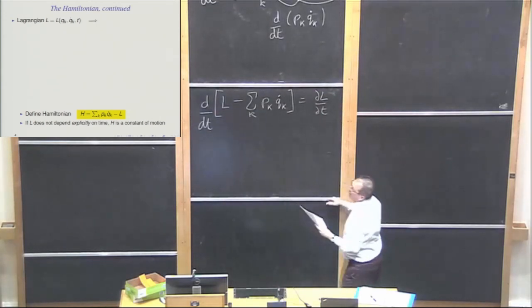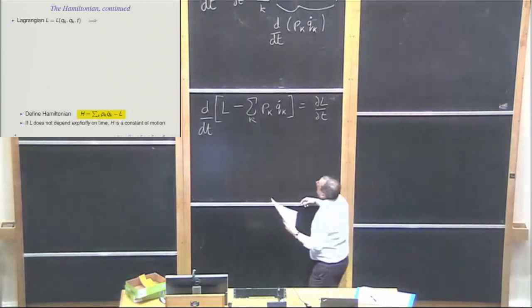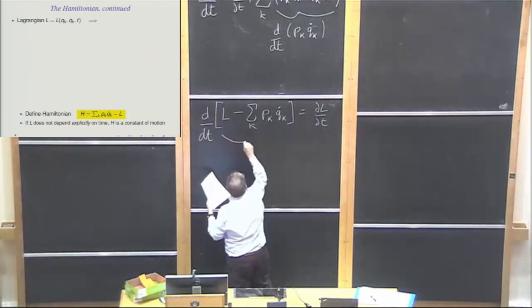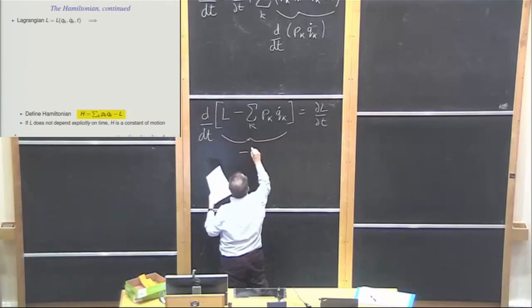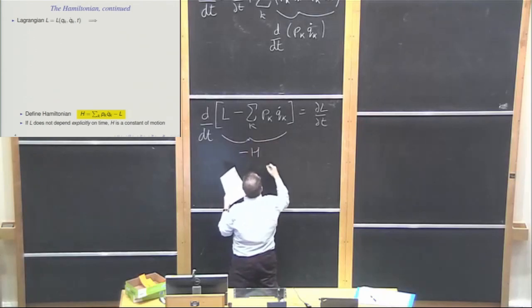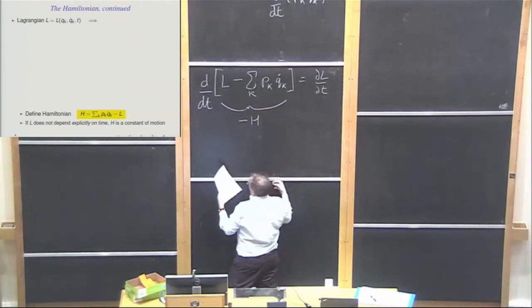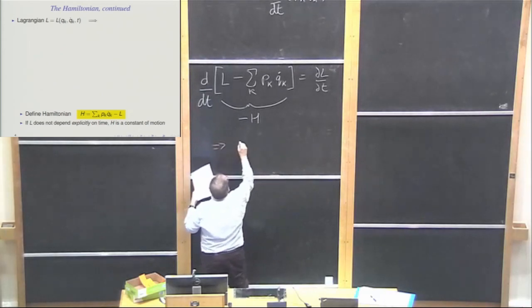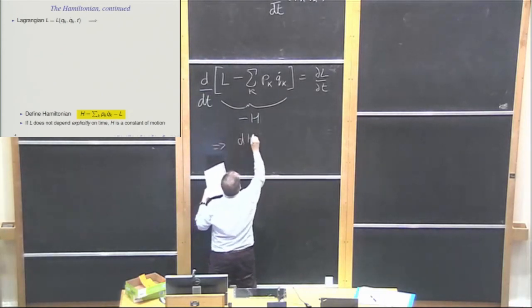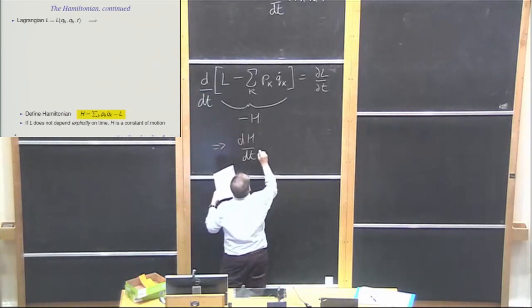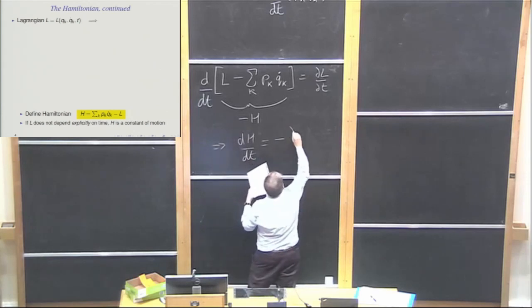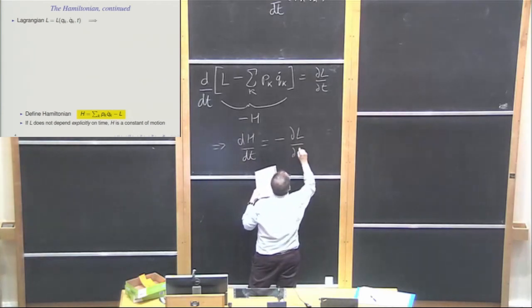Now this here we define as the Hamiltonian, or actually minus the Hamiltonian. And we end up with, therefore, that dH by dt is equal to minus ∂L by ∂t,